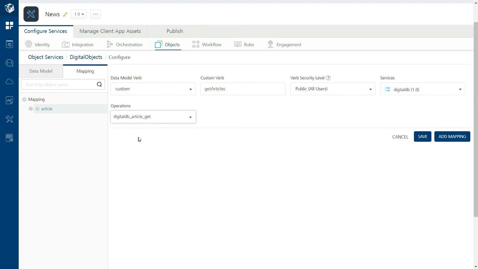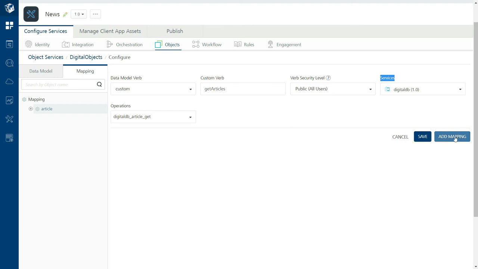In that integration service, I am selecting the operation that it has to invoke. So this is how we are doing the mapping between the verbs that we are defining on our object and the operations that are present inside our integration services.